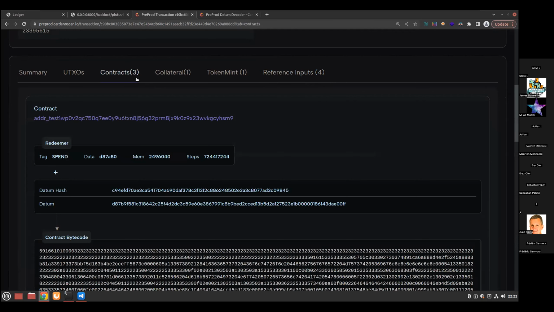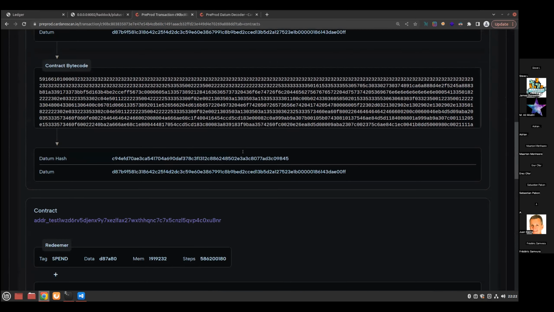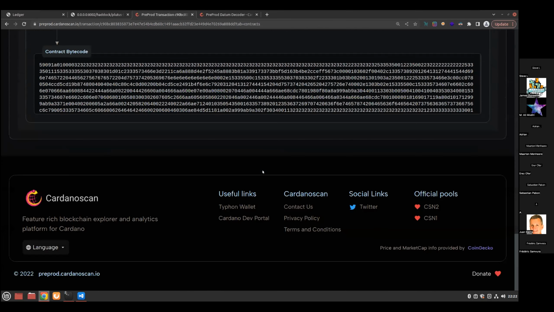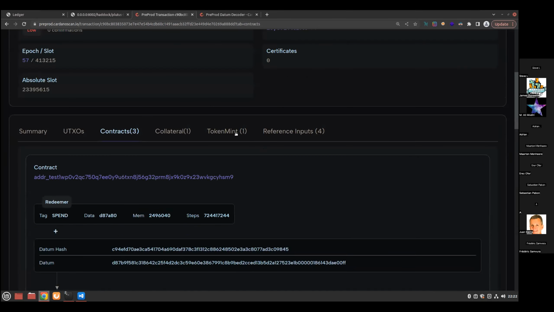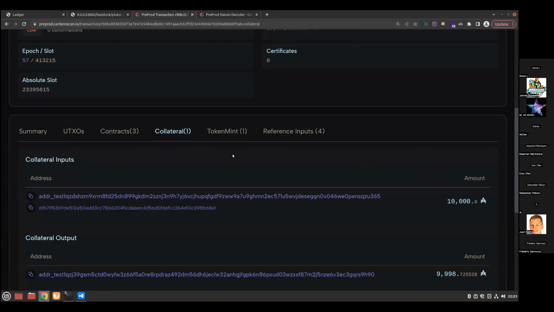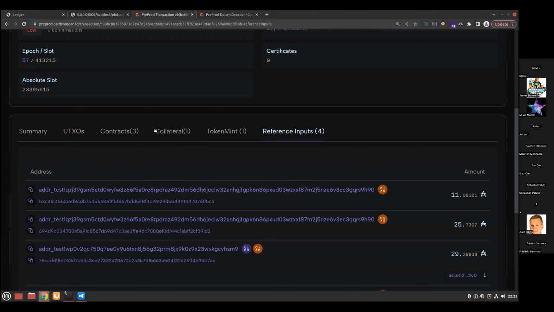And of course, in the contract tab, you can see more details about the contract, what happened, what stuff they actually share. And there was a token mint, because as I said, there was this authentication token for Gatekeeper. There was a mint happening. And the policy ID, this is the Senate policy ID. And there is this collateral. It's nothing that special. But